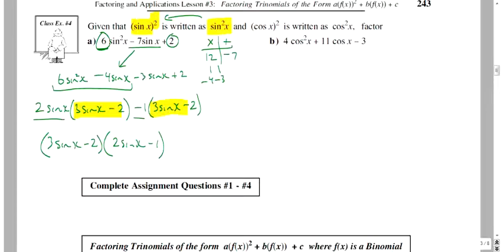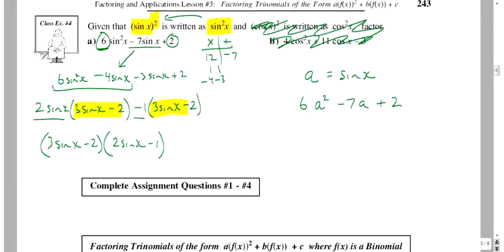Okay? I'm going to say A is sine x. Okay? So I'm going to have 6a squared minus 7a plus 2. Isn't a cosine? What? Still doing the same question. I'm doing the same question with substitution. Okay, don't look at it. No cosines, just sines. Same question. I'm doing a substitution. Let a be sine x. If that declutters your brain,